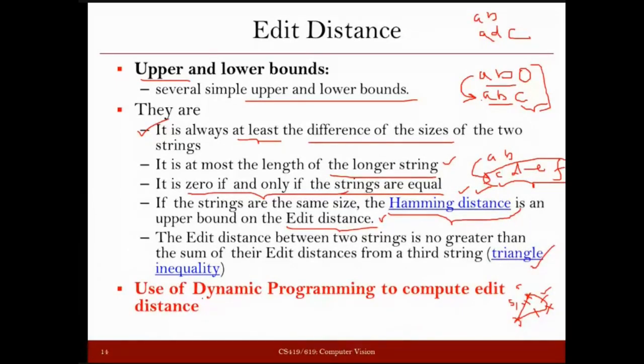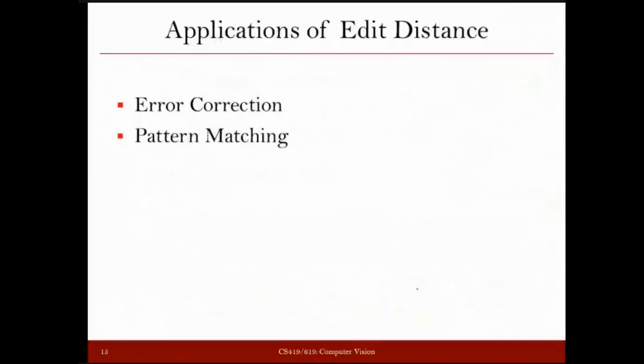And normally for computing the edit distance, we use dynamic programming. We are not going into the details of the dynamic programming, but you can browse through the available literature and see the technique for this. Okay, where can we use edit distance? So one is obviously, if you are searching for a particular word, or if two given words are there, you can just find out whether they are the same or not. But this is actually mainly used when we are doing error correction or pattern matching.